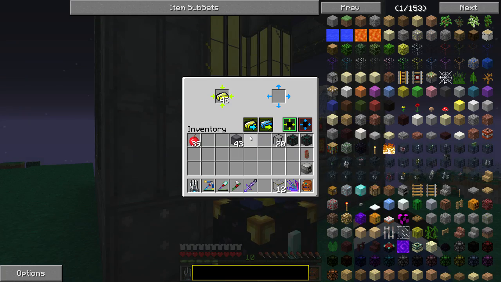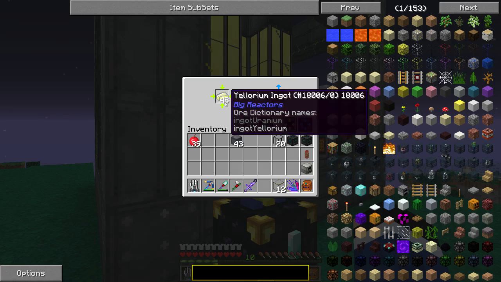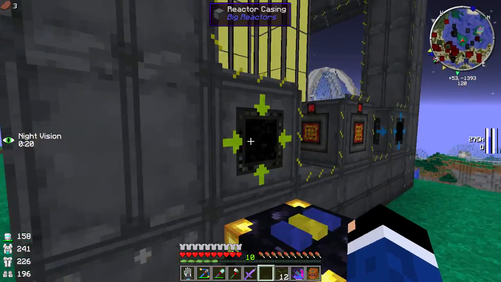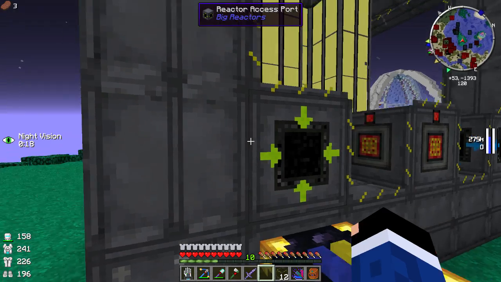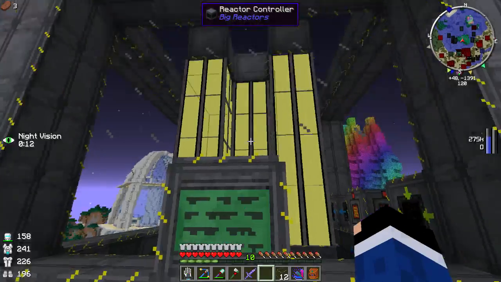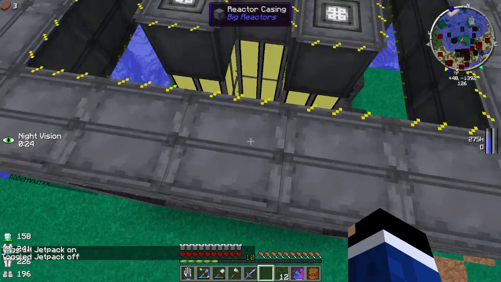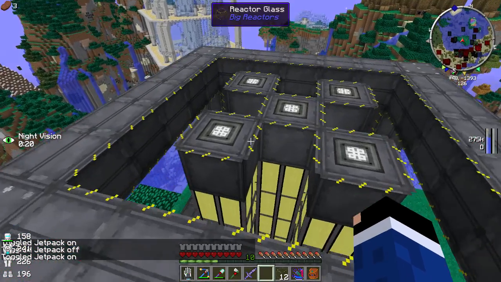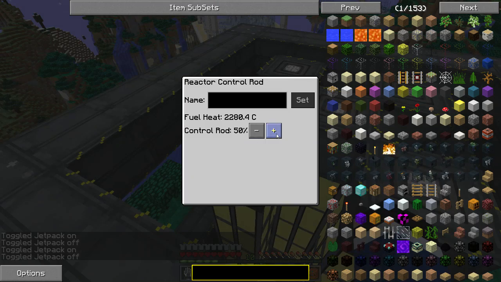So let's take a look. We had 48 in there. It's still burning the 48, so it's still on the original pieces that we put in. So it's not like it's blowing through the yellorium ingots super duper fast. And we're still charging up here. There's our casing heat. Now we can go up here. Let's take a look at this really quickly. 2280, 4.44. And I think we can go up here, and if we increase these,